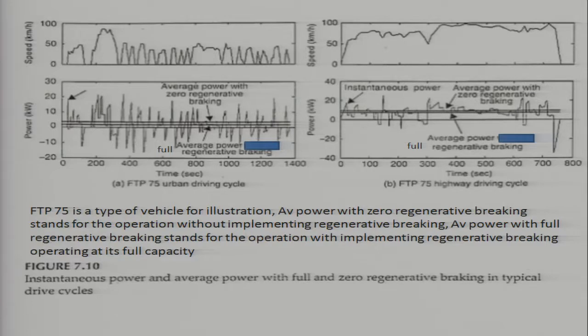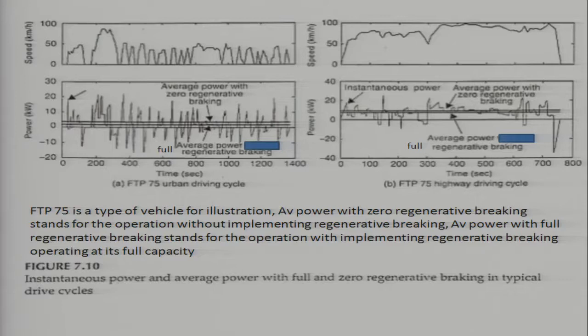You can see here speed versus time for the urban driving cycle, where you get a lot of restrictions and obstructions on the road due to traffic density. Here you can see speed increases, it goes to 0, remains 0 for some time, again increases, and again goes to 0. This way you get the driving cycles with respect to time, depending upon the road and traffic conditions.